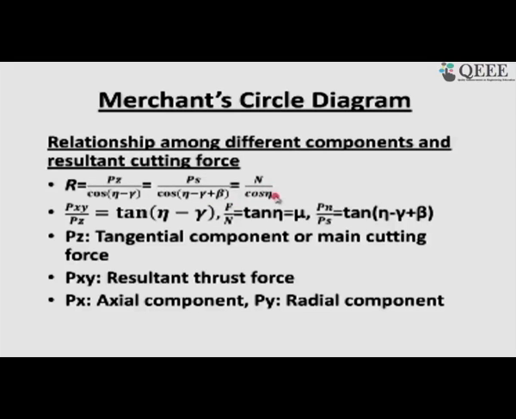if we know Pz, then we can determine the value of Ps and n, provided we know eta, gamma and beta. So, there are ways how to determine those, but at least if we record Pz, then Ps and Pn can be determined. Further to this, we have one more relation, Pxy by Pz is equal to tan of eta minus gamma, and then F by n is equal to tan eta, which is known as coefficient of friction, but